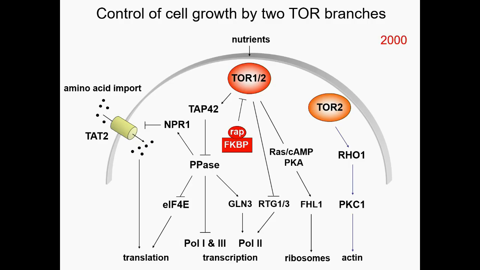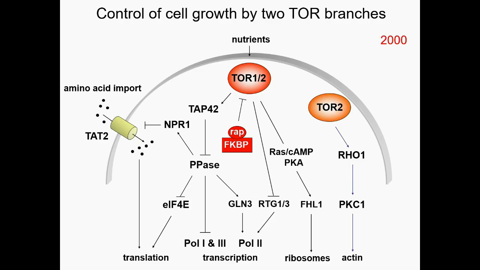This pathway or branch over here, which is more complex than the one over here, controls all these processes which lead to mass accumulation in response to nutrients. And we view this then as mediating temporal control of cell growth. And of course, these two aspects of cell growth have to be integrated, the temporal and the spatial, to control the growth of a cell so it grows at the right time in the right place. And what better way to do that than to have the same protein mediating both? So that's what we think is the logic behind having these two branches and these TOR proteins signaling through both.